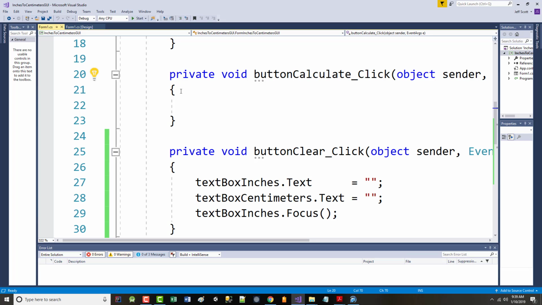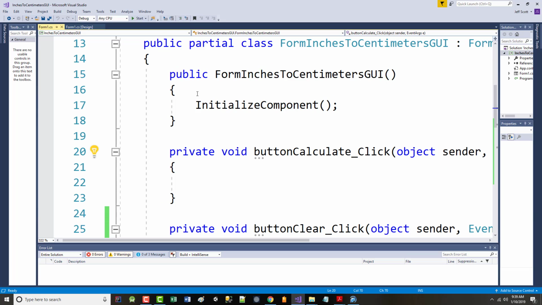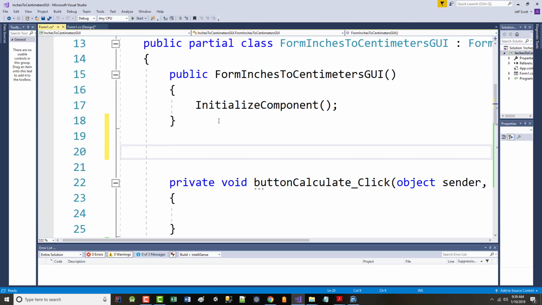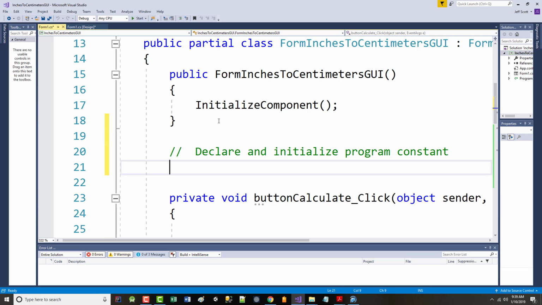All right? So what I'm going to do is outside of everything, I don't want it in here. I don't want it anyplace. I'm going to put it right here. Remember we had that constant? So I'm going to say declare and initialize, you can do this, program constant. And there'll just be one of them. You may or may not remember it, but it was const double